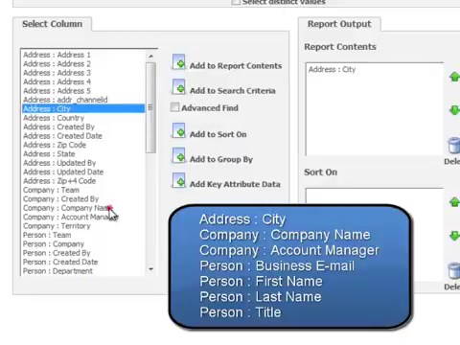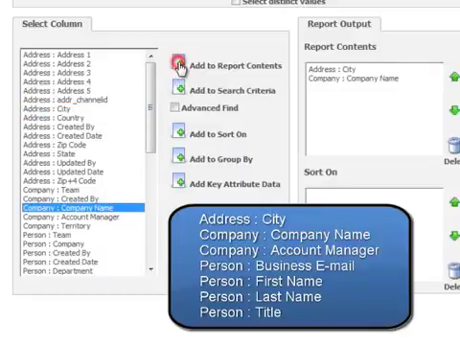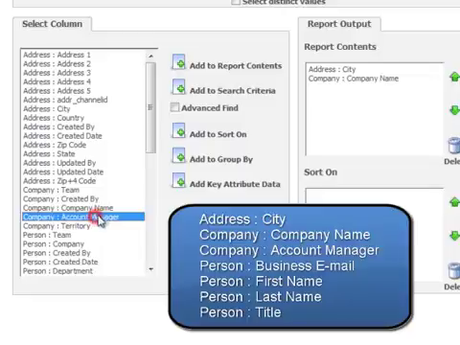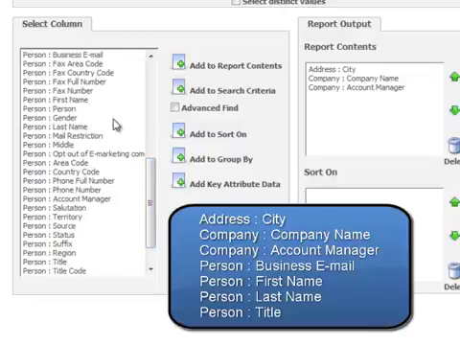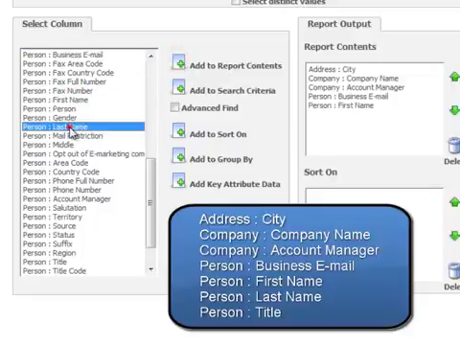Next, we'll highlight Company Name, click Add, then Company Account Manager, click Add, and now we'll scroll down and highlight Person Business Email and click Add, then Person First Name, click Add, Person Last Name, click Add, and finally